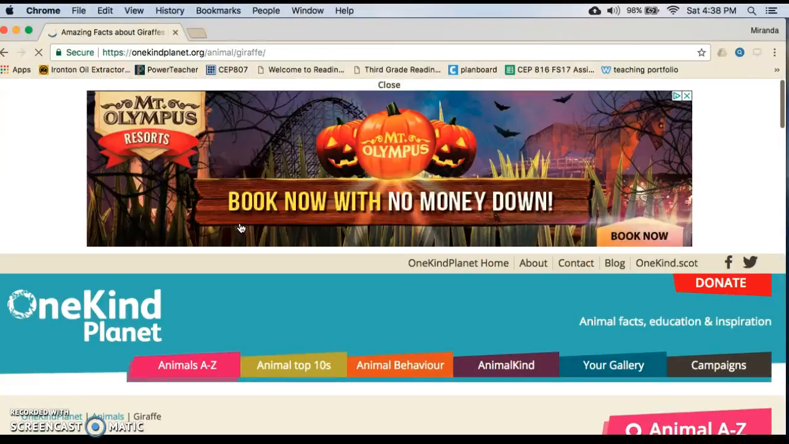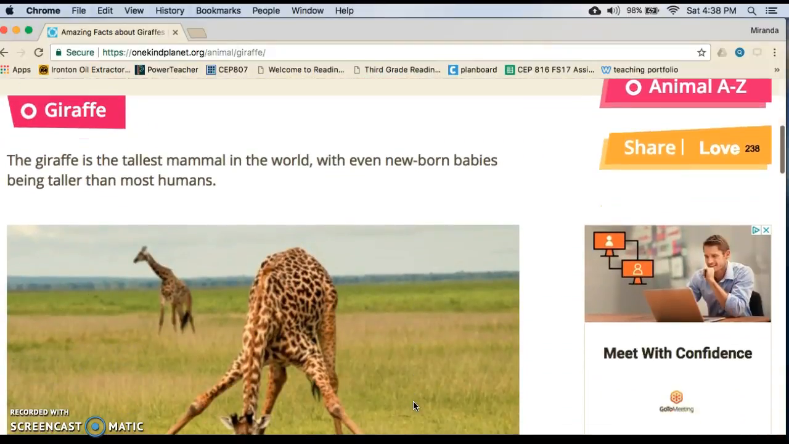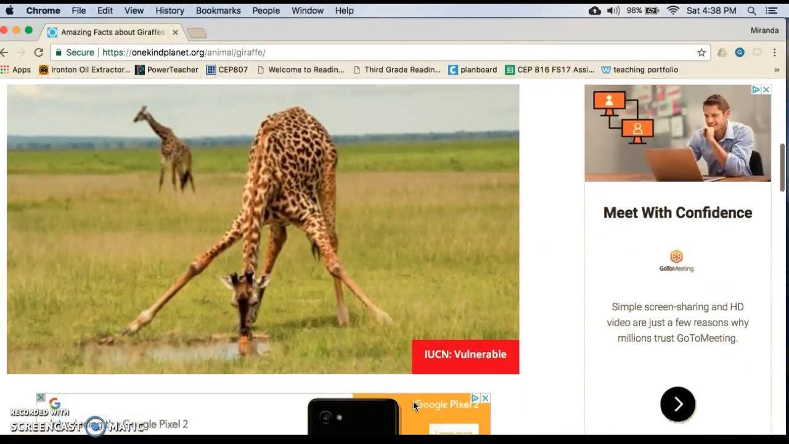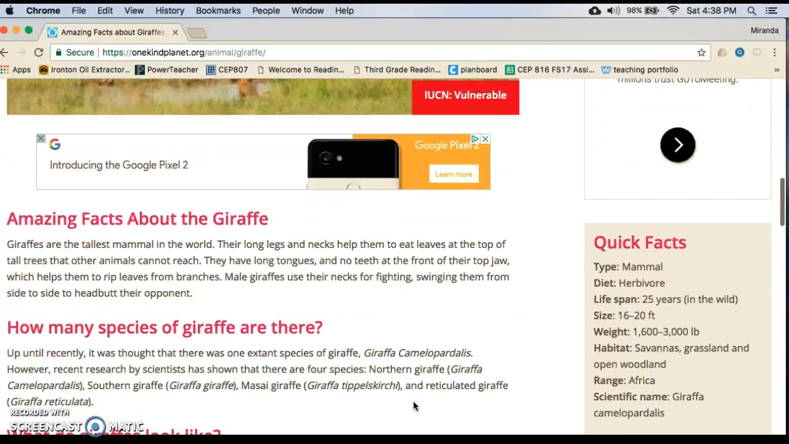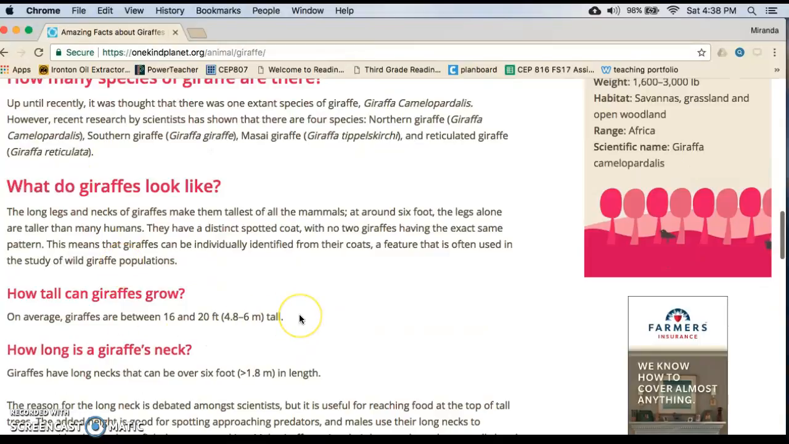It's going to bring up information as I scroll down about the giraffe. So right there's a picture of it, and as I go, we have these awesome headings here in pink that are a little bit bigger than the paragraphs to tell you what that paragraph's going to be about. So this one is amazing facts. This is species of giraffes. This is what they look like, and remember we're trying to find their diet,